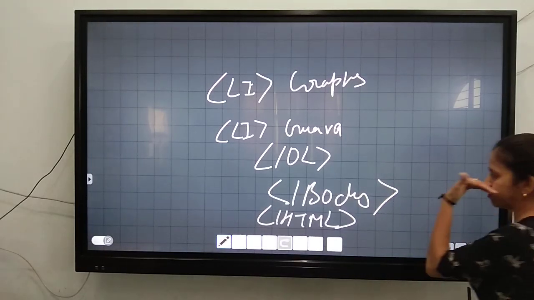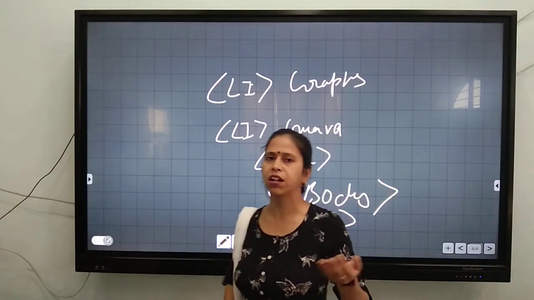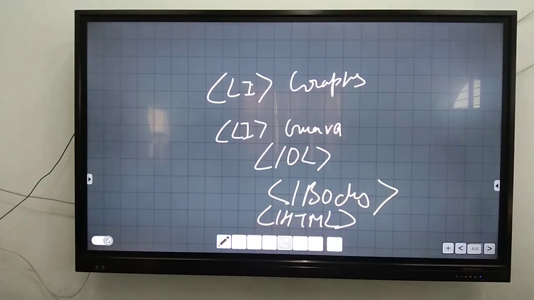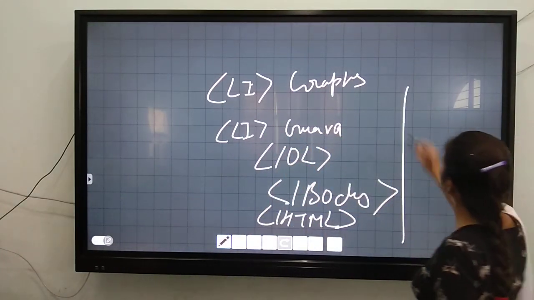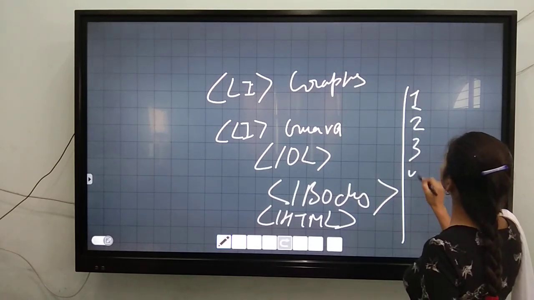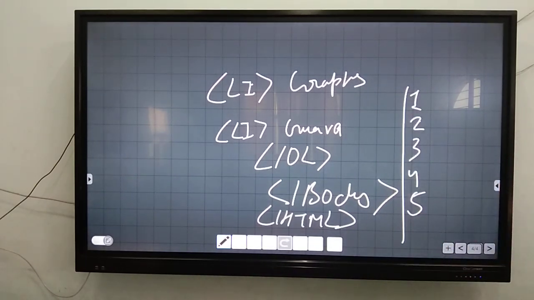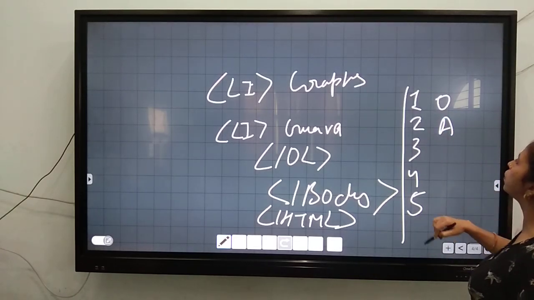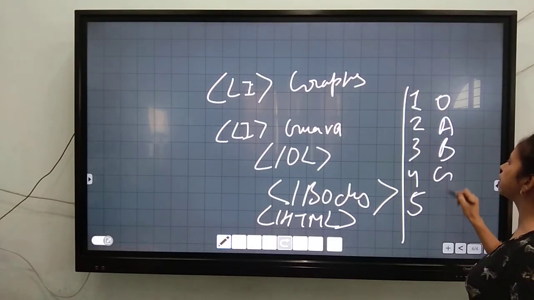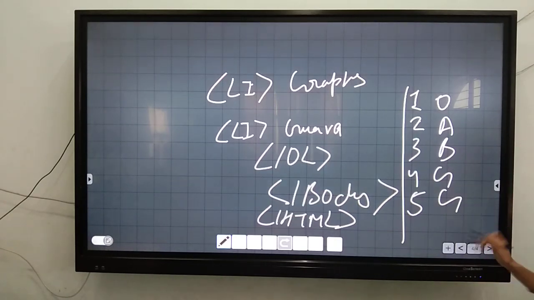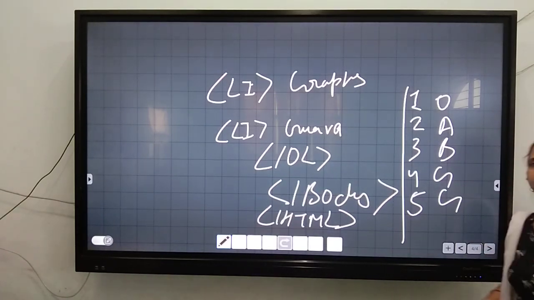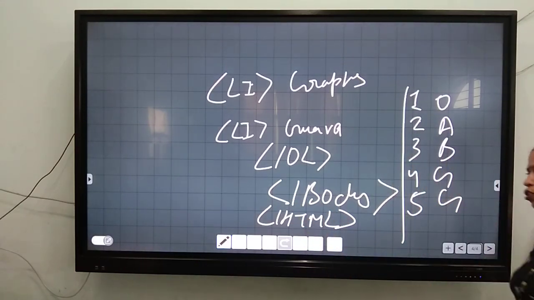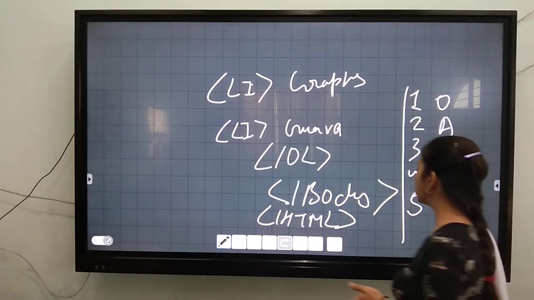We will execute this program and come to a web browser to watch the resultant output. It will give output this way: 1, 2, 3, 4, 5. Can you see, this is a sequence. The first is orange, then apple, then banana, then grapes, and then guava. So the sequence will be like that only. So this is the ordered list which gives the sequence to your particular web page.